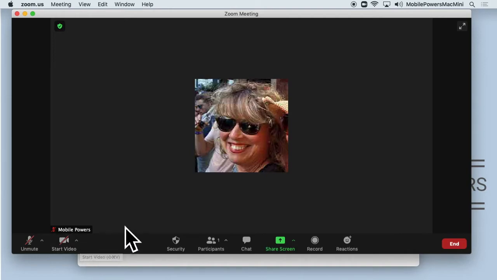You may also remember that we clicked the option to use the space bar to temporarily unmute. So when I hold that down, then I am no longer muted. I can speak in this meeting that I'm in and then let go of that, and now I'm muted again. So I really like that feature a lot. And as I said, we could turn the camera on right now, but there's no need to have that on